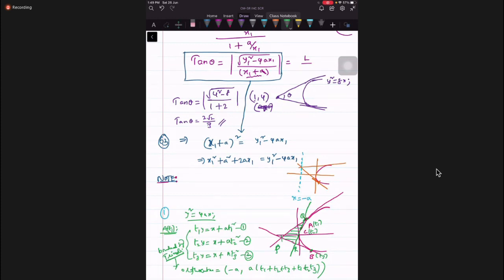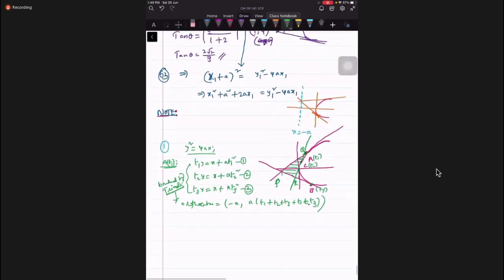See, actually, one application of derivatives I can use here. Any idea, students? When the two curves touch each other, slopes are equal. If they touch each other, at that point if you draw a tangent to the first curve and a tangent to the second, the same line is a tangent to both the curves. So at that point of intersection both the curves have a common tangent. Therefore the slope of the tangent to the first curve and the slope of the tangent to the second curve are equal. So you can apply the derivative concept.